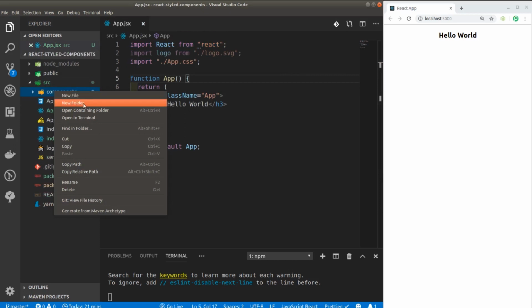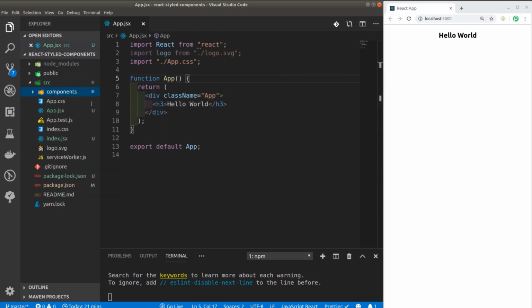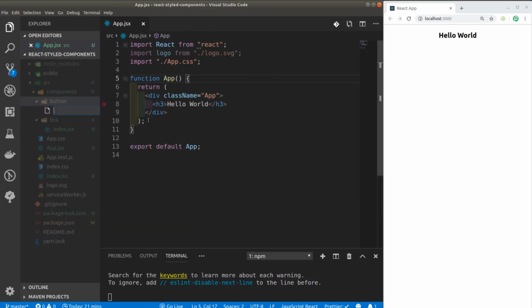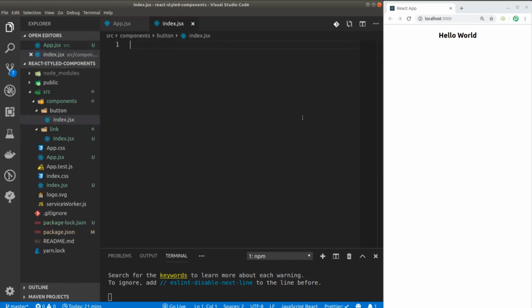Now I'm going to be creating a new component. I'm going to create a folder for it, which is going to be a simple button. We're going to use styled-components to style this button depending on what we need. Instead of using regular CSS and putting class names and IDs, we're just going to use styled-components in this case. So I'm going to do index.jsx, the main entry point for it, and I'm going to simply